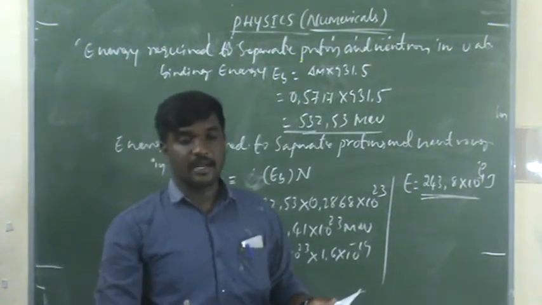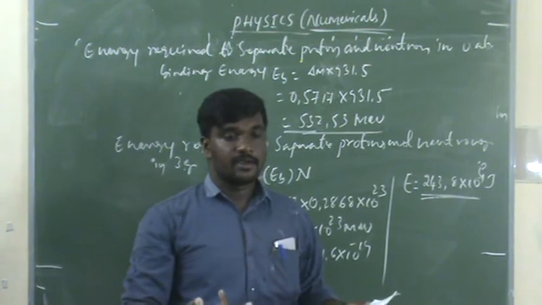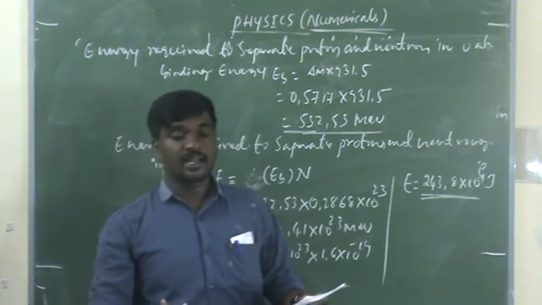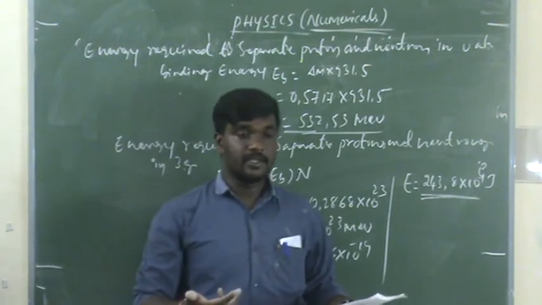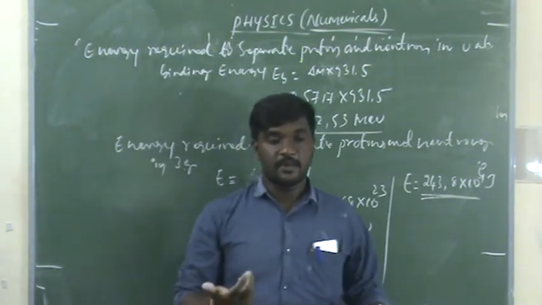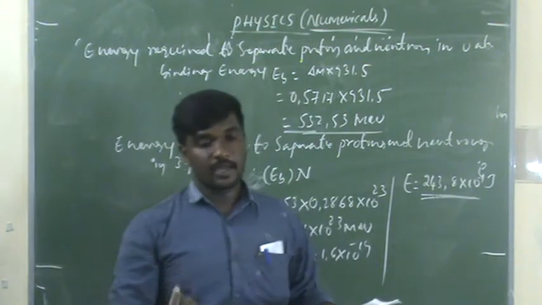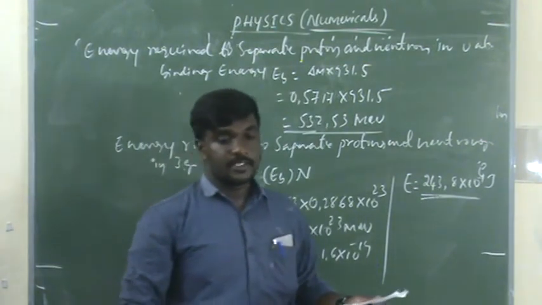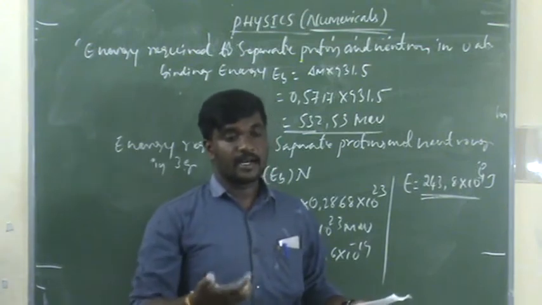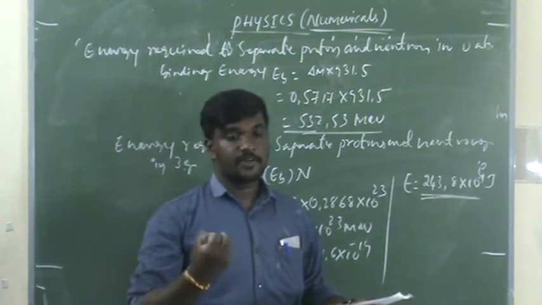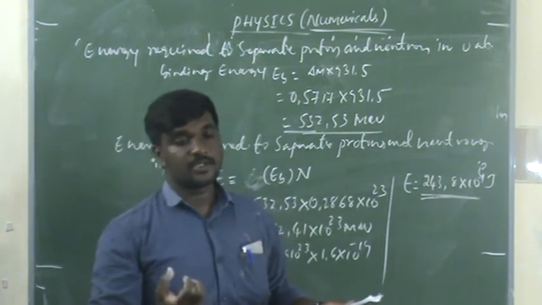Based on that, we calculated the mass defect, and also calculated the binding energy to separate the protons and neutrons in 62 kg of uranium. Based on that we calculated how much energy is required to separate the protons and neutrons